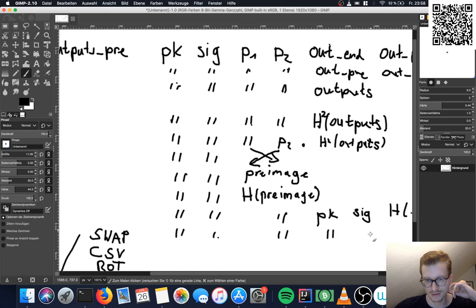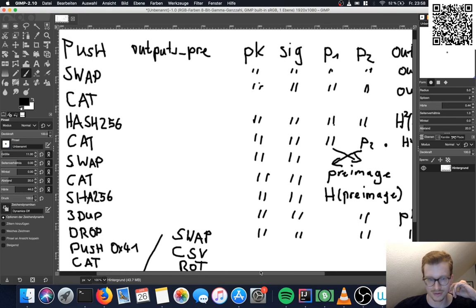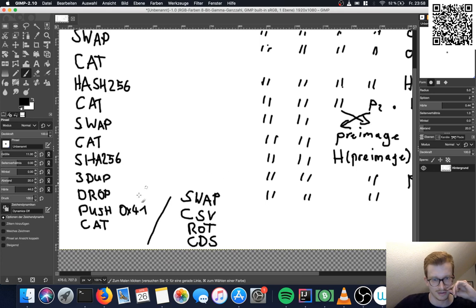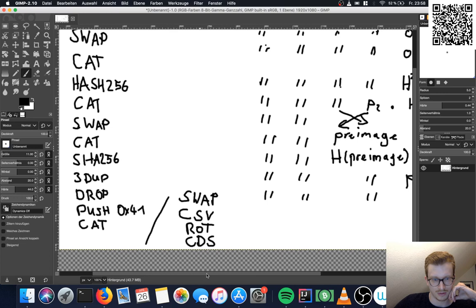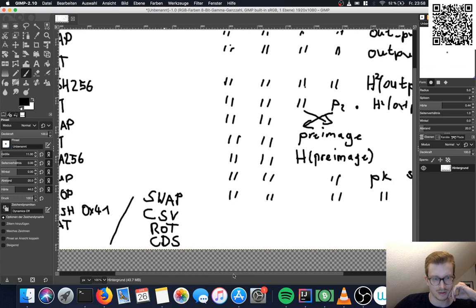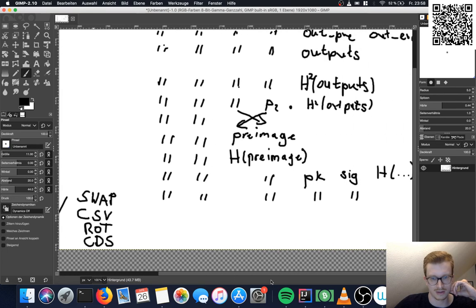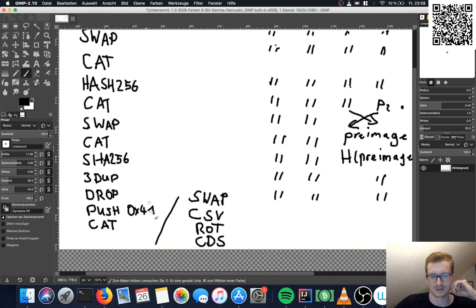5 left. And now comes the more interesting part, because currently it was just shuffling around stuff. After the drop, we concat this 41. We'll get into that shortly, but this is only needed by check sig verify.